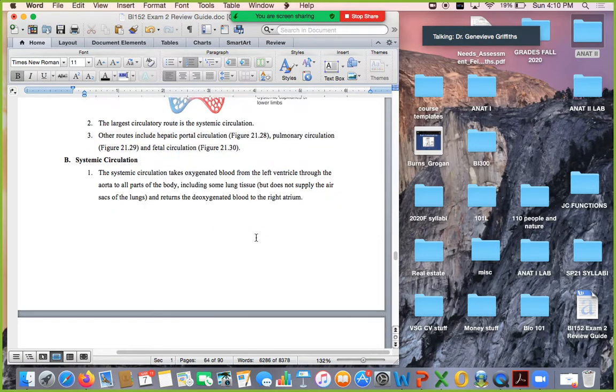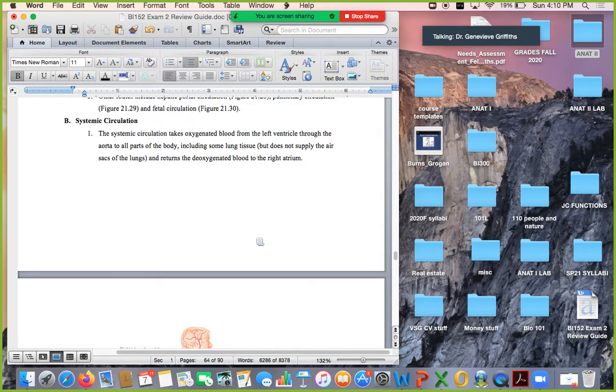So again, systemic circulation is when we are taking oxygenated blood. Again, that's going to come from the left ventricle out to the aorta and travel to all the different parts of the body. Now, that's also going to include lung tissue, but not supplying the air sacs of the lungs